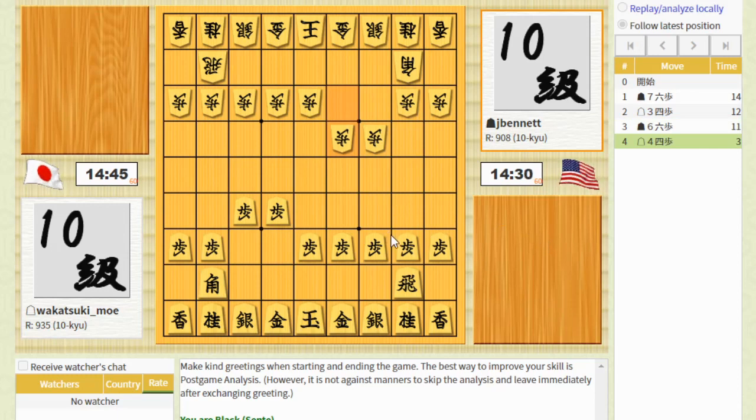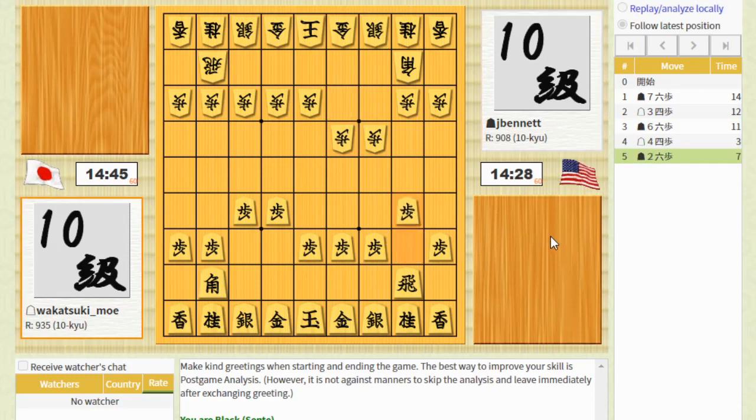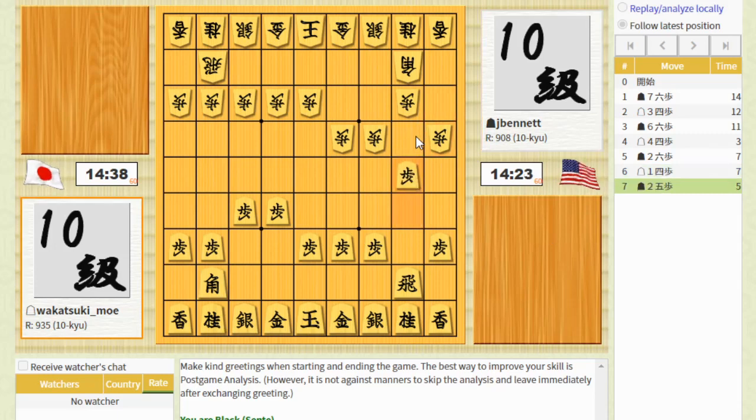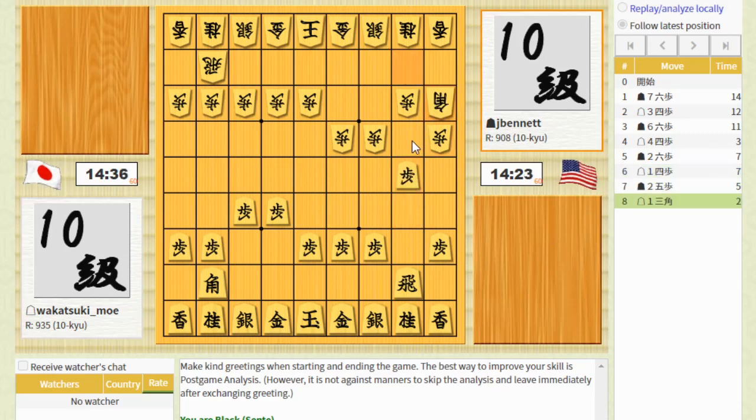So maybe we're going to have a dual fortress game. Yagura versus Yagura. I had one of those recently and I had a lot of trouble. Oh, he's doing something a little different. Let's push this pawn once more. I'm just curious to see how he's going to defend this square with the bishop on this diagonal,